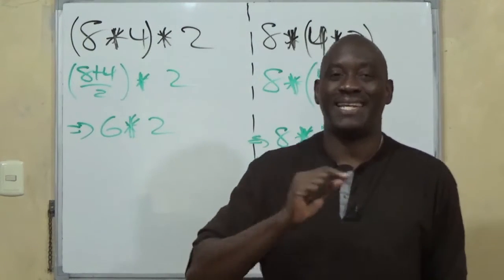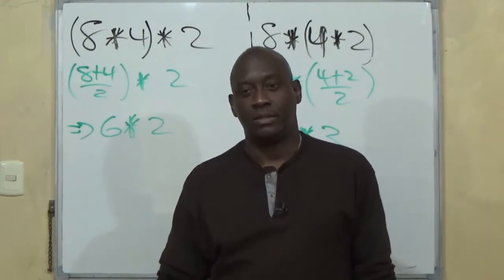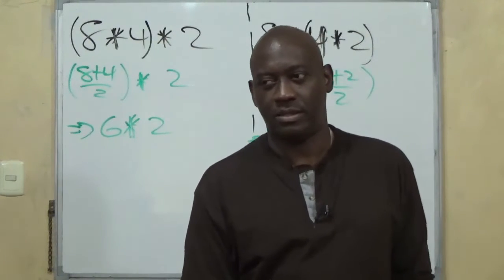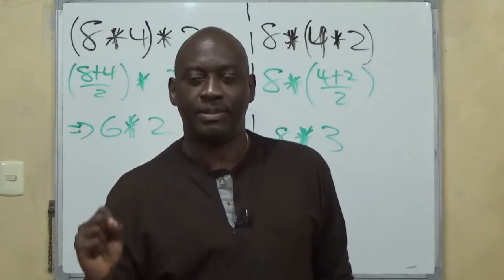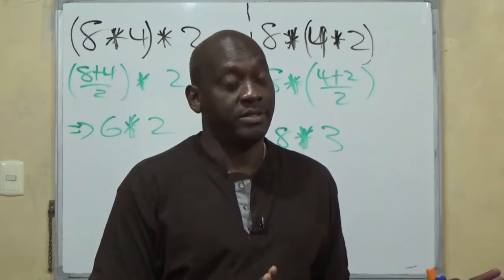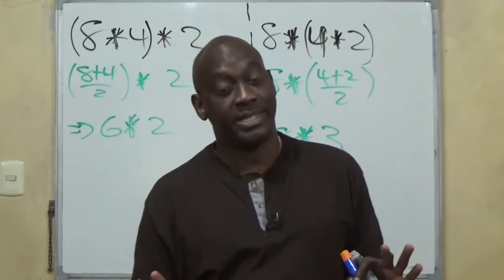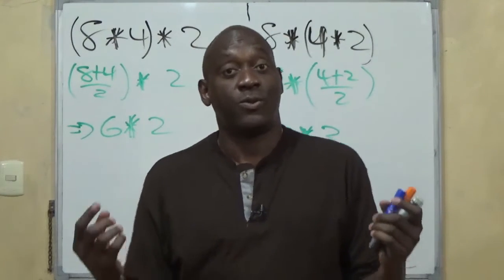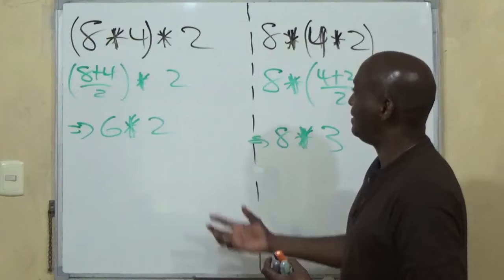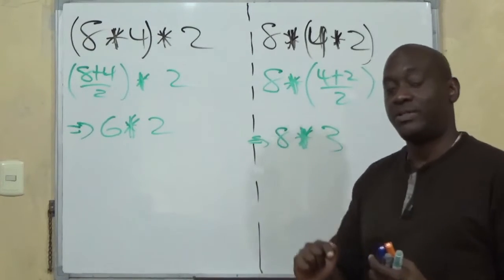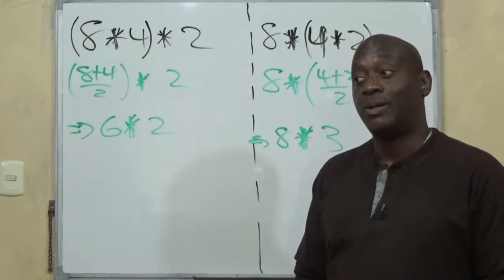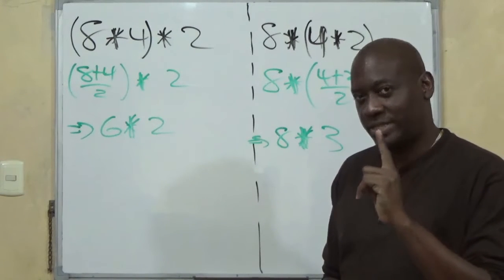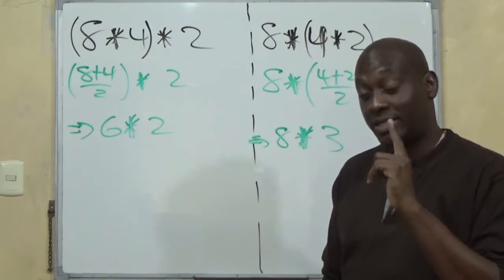That is not an inherent property of all binary operations, as it is with multiplication and addition when used in a binary sense, right? So I hope that this illustration and the one we're going to do after this will give you the hint that associativity and commutativity,